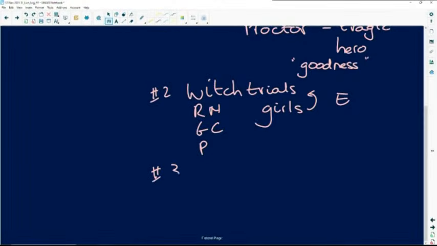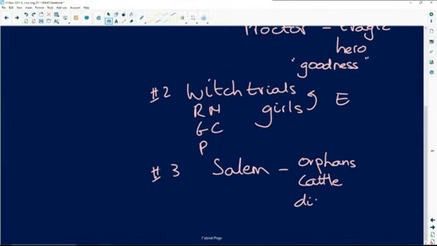What else do you see as tragic consequences? I thought maybe Salem as a community is destroyed. So you go to things like the orphans, the cattle wandering, the distrust, broken. So it's the same topic. Remember, our